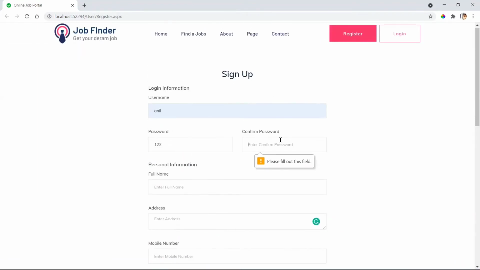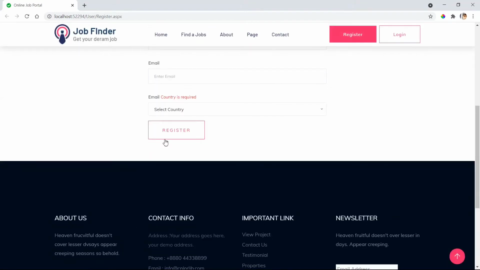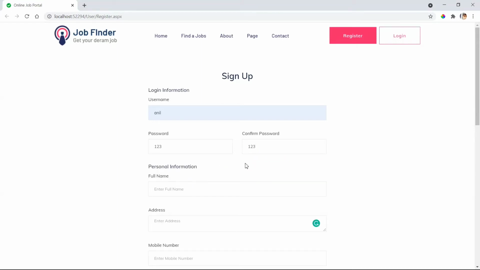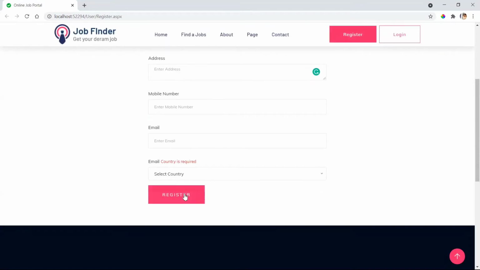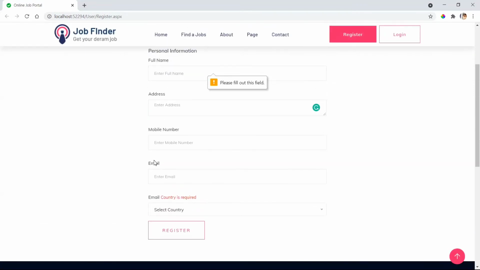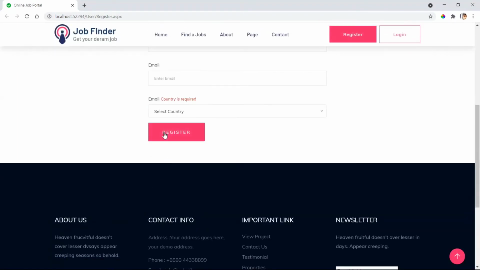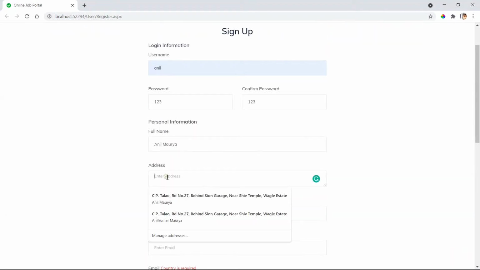Then confirm password. If I give a wrong password here, it will show that password and confirm password should be the same, shouldn't mismatch. So if we put 123, then the error message is gone. Then full name. Register, address is required.